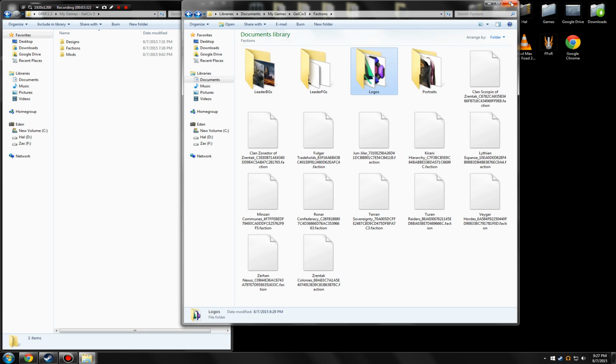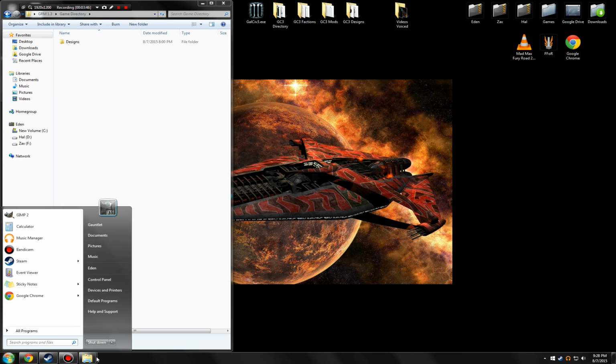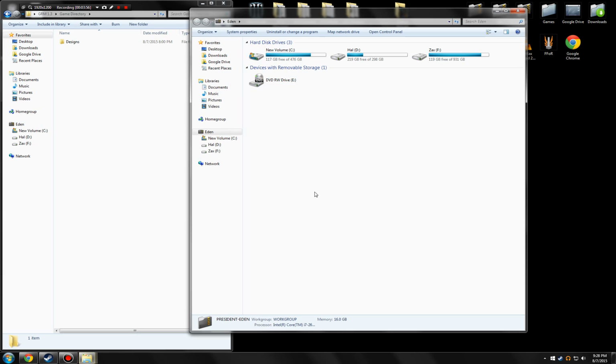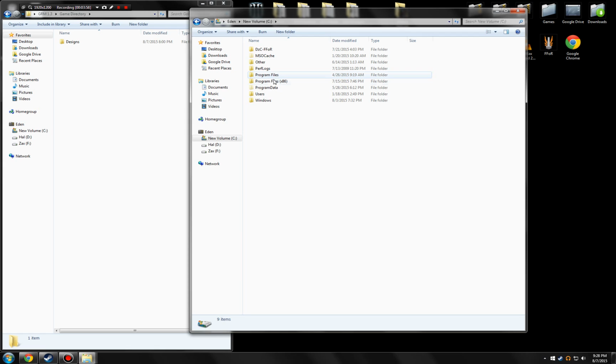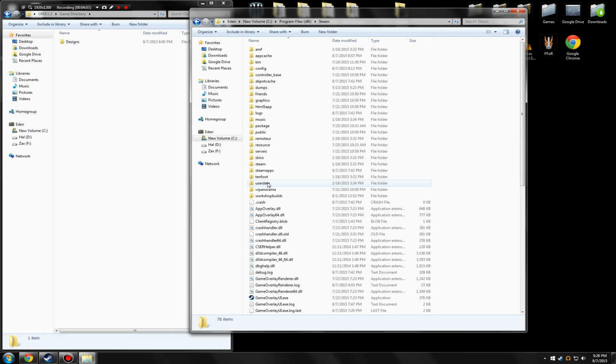Okay, so with that done, we can close this folder, and we can go back to this area. And now we're going to install the game directory files. Once you open that, you'll see you have a folder called Designs. Go ahead to your Start menu again. You need to find Galactic Civ's installation directory. Now, for the most part, that's going to be pretty easy. You go to your computer, C drive, Program Files (x86), find Steam, go into SteamApps,